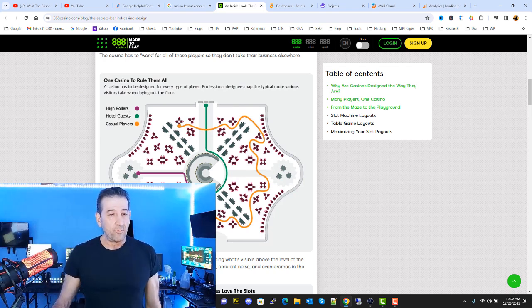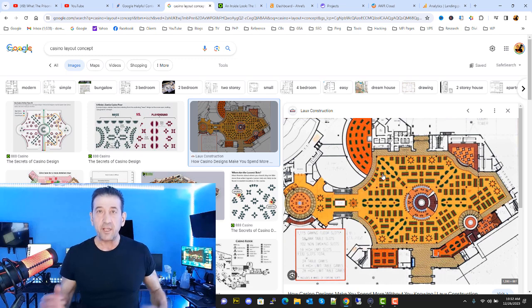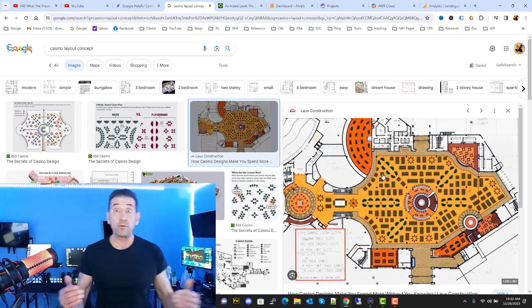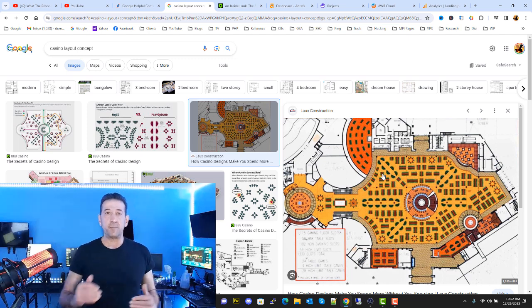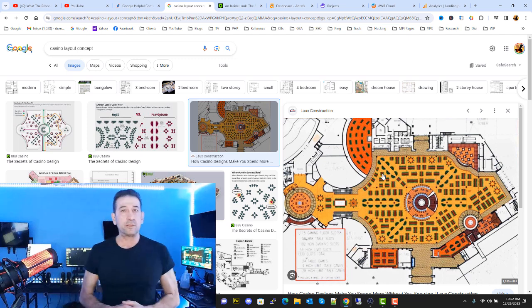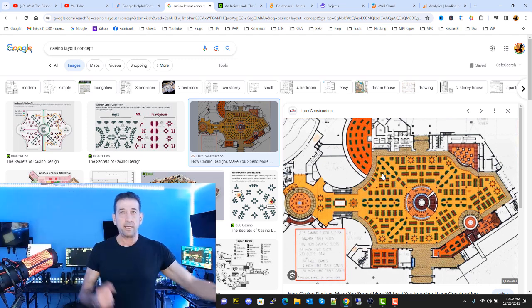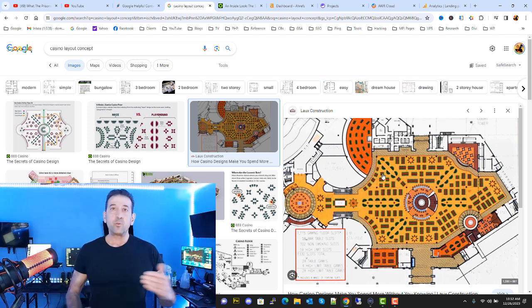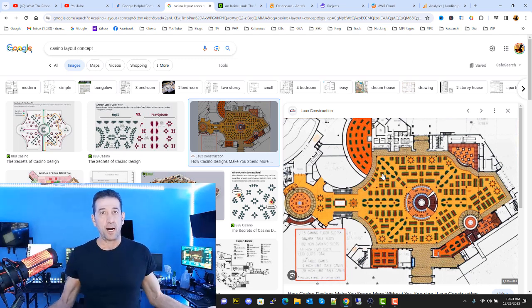But I find that when I want to look at some of these images, interesting things: high rollers, hotel guest, casual players. And you see that these games, no matter how you look at one of these casino layouts, they're filled with tables. And you can think of all these tables and machines as different niches and markets and different levels. Because if you go to a casino, they got the $5 table and the $10 table and the 20, 100. So that's where the betting ranges start. And then you go to the big table where the minimum bets are much higher.